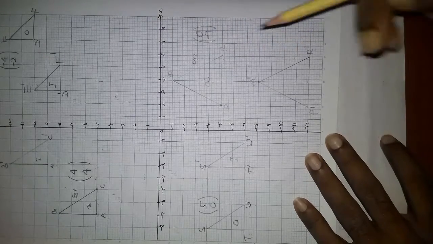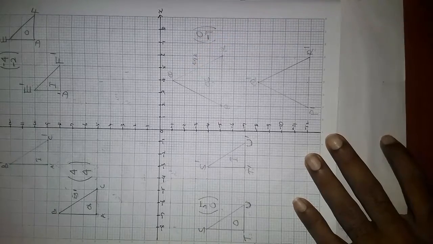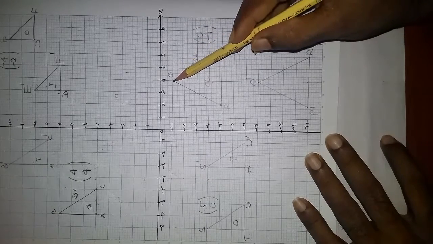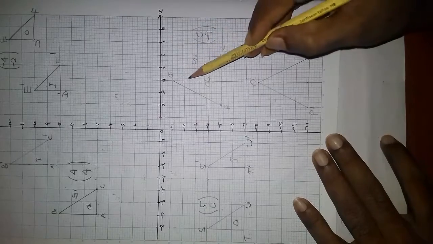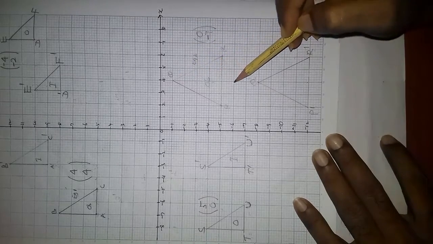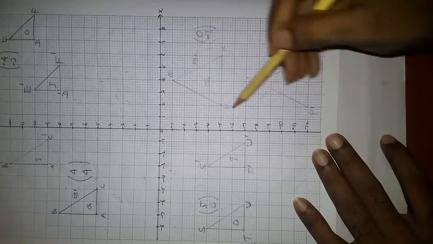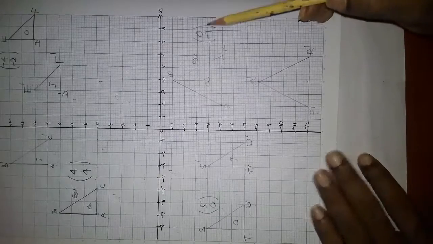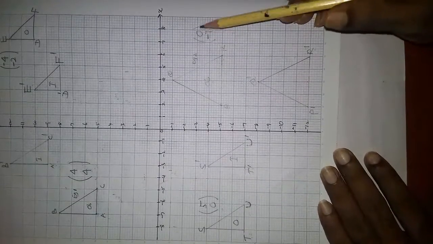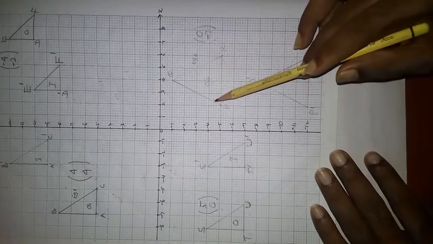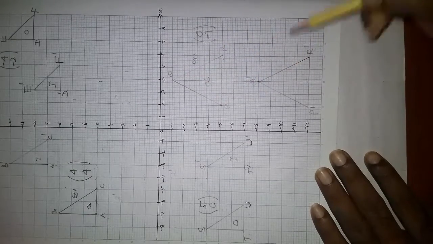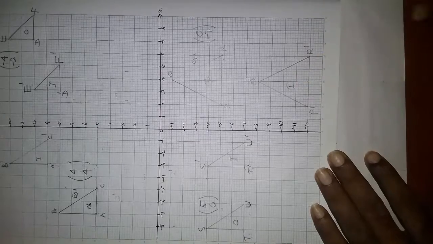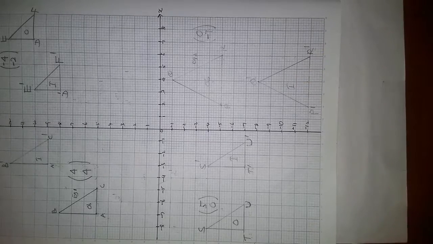Take another pair of corresponding points in the same example to see whether this vector is correct. Let's take Q and Q dash. Go from Q to Q dash: 1, 2, 3, 4, 5, 6, 7. Yes, correct. In this case also the same thing. Yes, correct. So this is the translation vector by which triangle PQR is translated onto triangle P dash Q dash R dash. That is how we find the translation vector.